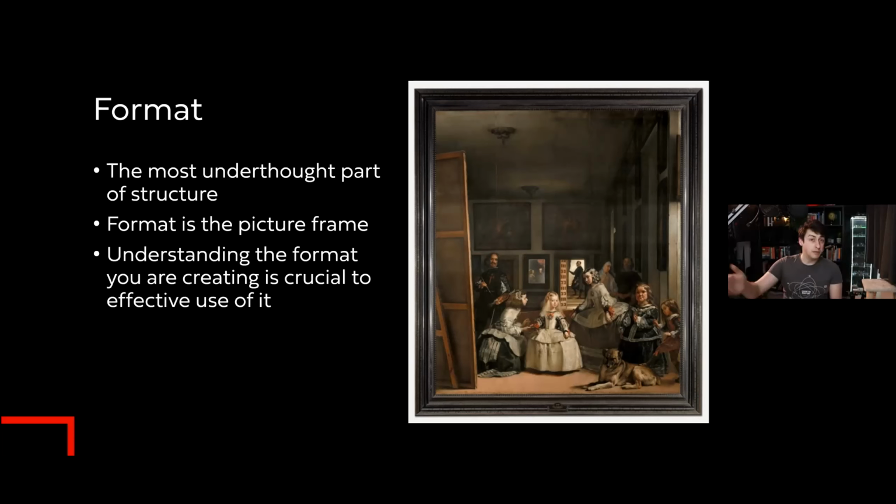Like, I don't know if people have seen this. This is Las Meninas by Velázquez. It's in the Prado in Madrid. It's a huge painting. I was shocked when I first saw it because I've only seen it online like this. I can't remember the exact dimensions, but it's like 10, 12 feet tall. And the size of it impacts how you interact with the piece of art, as does the literal frame, the fact that it's a non-ornamental frame. It's black, it doesn't draw attention to itself. How would you perceive this picture differently if it was in a large ornate gilt frame, for example?